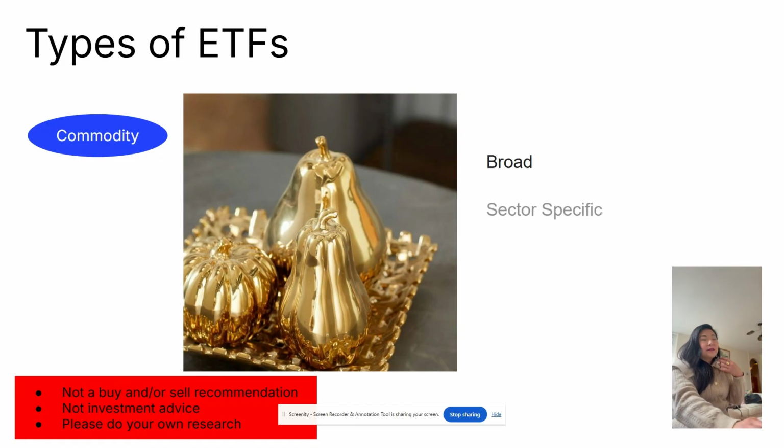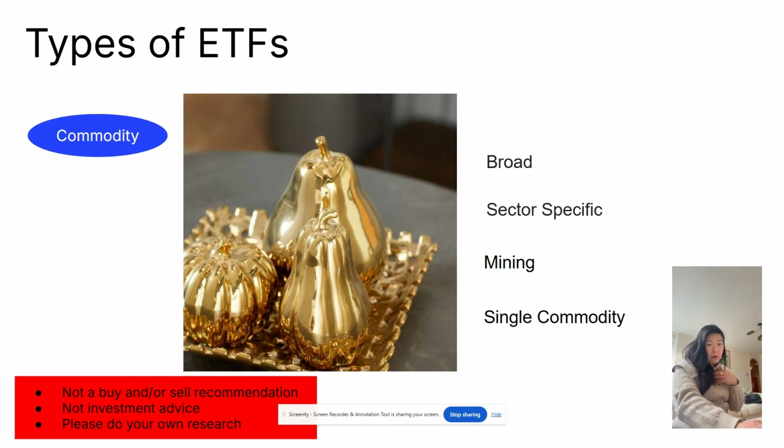And then there are sector-specific ETFs. So for example, you might want to buy an ETF in the uranium industry. So they would hold some uranium mines as well as some uranium underlying assets. Or you could buy mining companies, just an ETF for all the gold miners if you believe in gold mining,